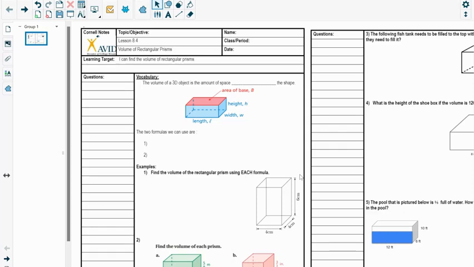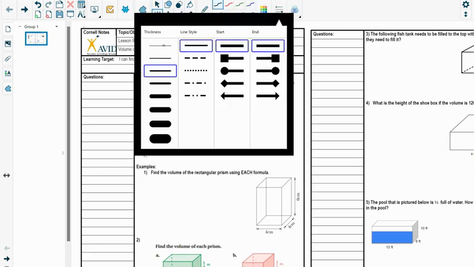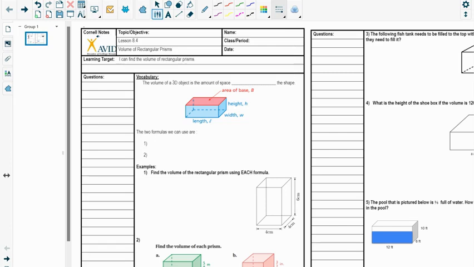We find the volume of rectangular prisms. We don't have to do it for triangular prisms or pyramids or anything like that. So what's different from volume to surface area, which is what we've been working on, is that volume is the amount of space inside